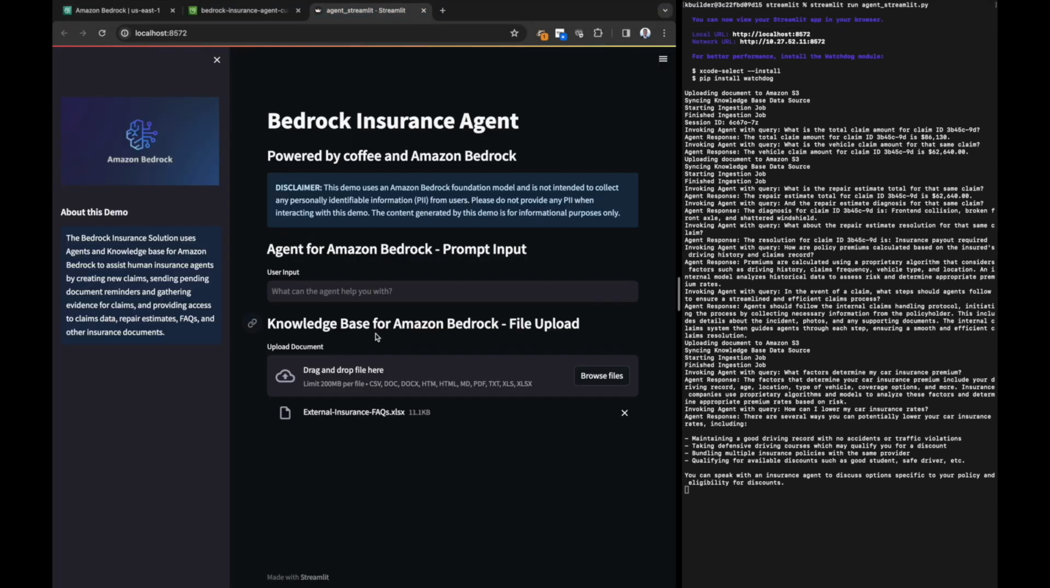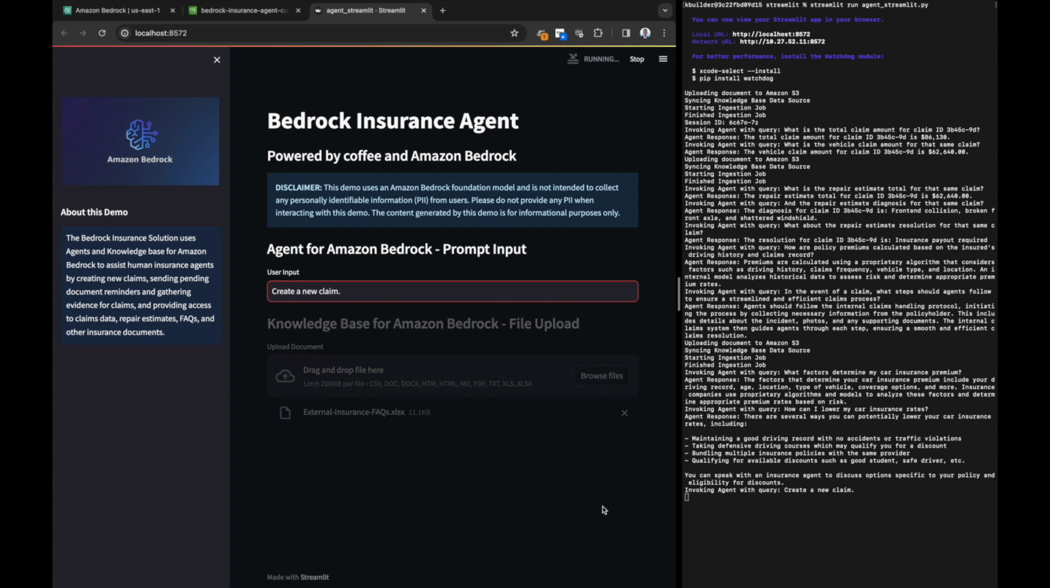Then to demonstrate action group functionality, we'll return to our Streamlit app and provide one final user input. In this case, the request to create a new claim. Based off this user input, the agent will identify that it needs to use the create claim action group, which corresponds to the create claim API path and corresponding business logic,